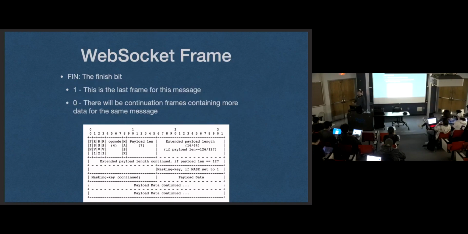All right, so that means I can cap that conversation and just talk about what all these bits mean. So the fin bit, this is either going to be 1 if this is the last frame for a message, or 0 if this is a continuation frame. Last semester, and possibly next semester also, I would have continuation frames, and this would sometimes be 0. For this semester, this is always going to be 1. Every message is going to be a single frame. You're not going to have to deal with multi-frame messages, which, again, is to limit the difficulty a little bit,